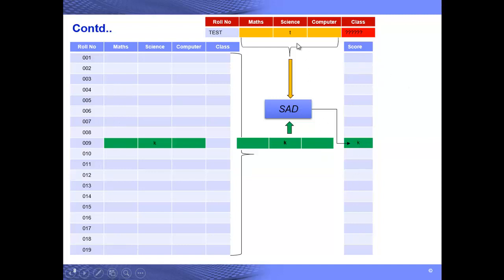For example, the sum of absolute difference between the test sample and the 9th sample is this value. Some score will come, and that will be positive because we are taking absolute differences. Now you go for all and find out the score.